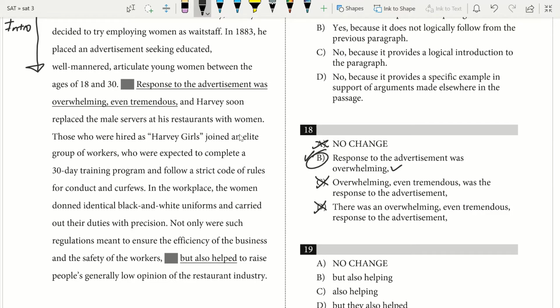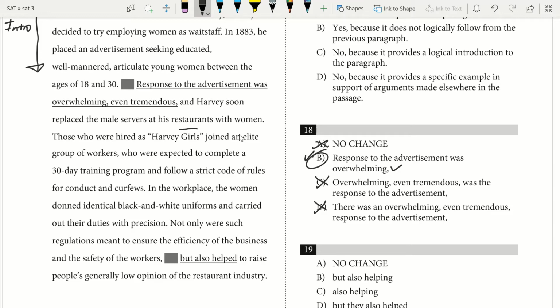And Harvey soon replaced the male servers at his restaurants with women. Those who were hired as Harvey girls joined an elite group of workers who were expected to complete a 30-day training program and follow a strict code of rules for conduct and curfews. In the workplace, the women donned identical black and white uniforms and carried out their duties with precision. Not only were such regulations meant to ensure the efficiency of the business and the safety of the workers, but